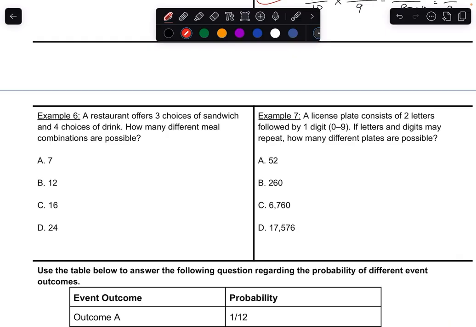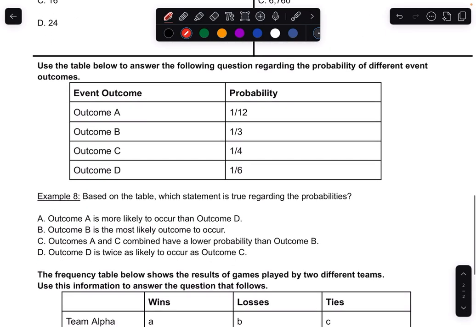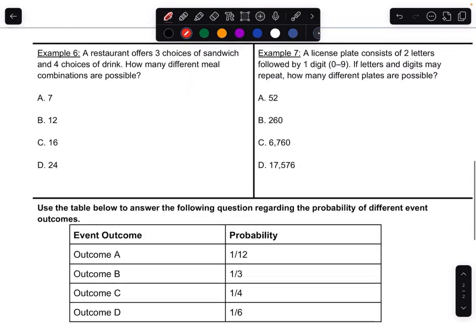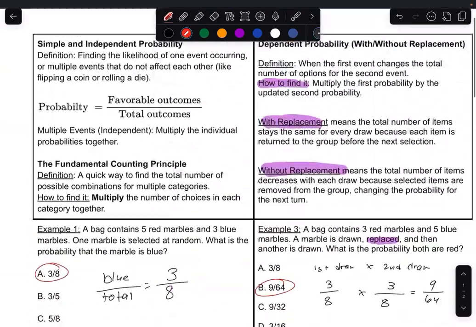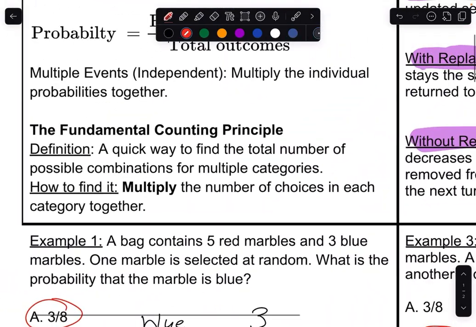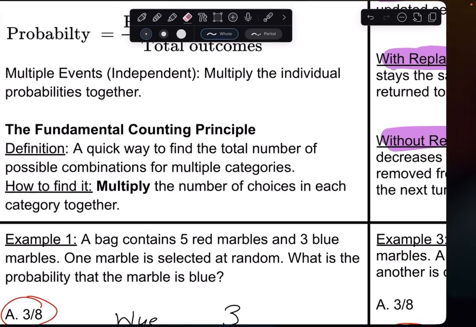Last part is talking about, there's still more questions. But this one part here is talking about counting principle. And this last part is still talking about probability, but just in a different way. All right. Counting principle just basically says this. If you have a bunch of options and you want to figure out what is the total amount of options, we just multiply the